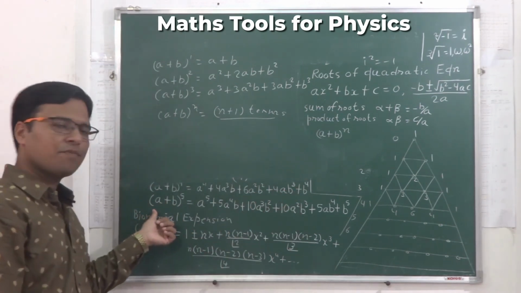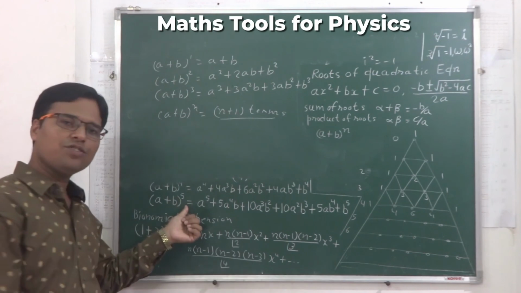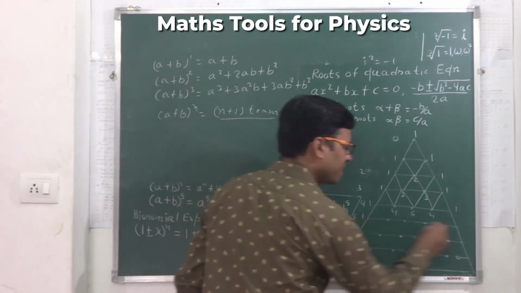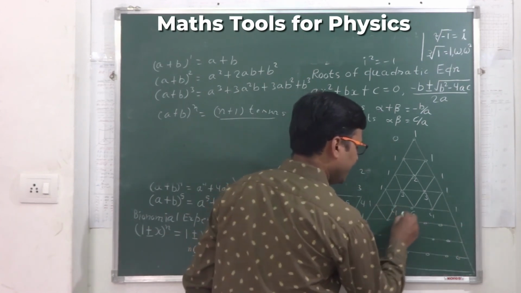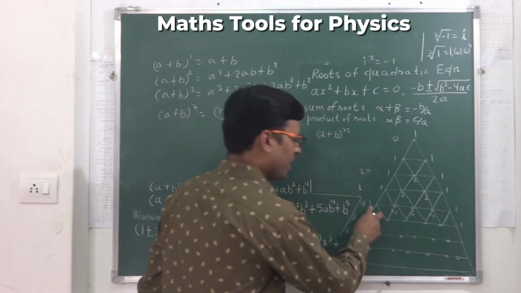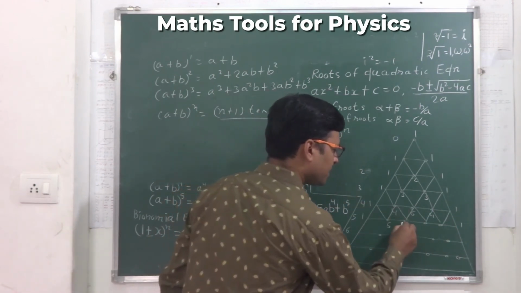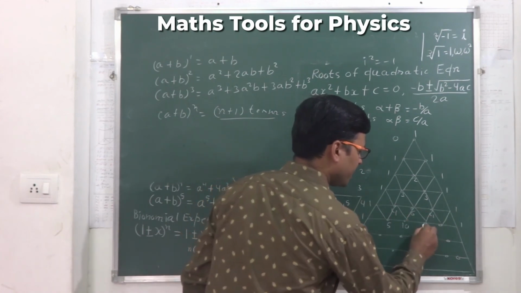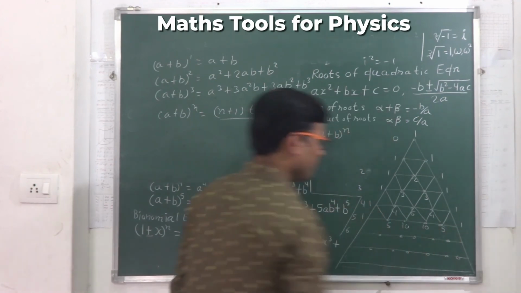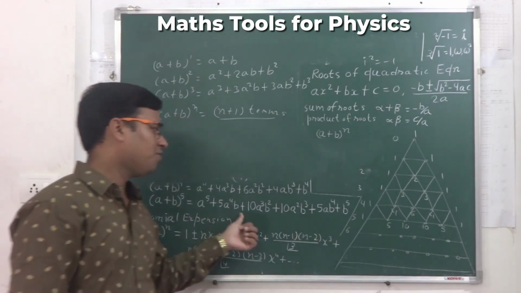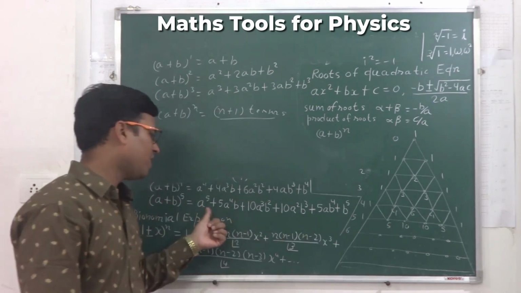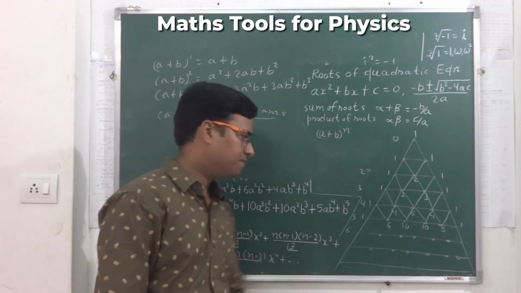In another expansion for higher values of its power, (a+b)^5, I am trying to get the multiplication factors by adding those terms. You can understand it better now. 1 plus 4 is equal to 5, 4 plus 6 is equal to 10, 6 plus 4 is equal to 10, and then 4 plus 1 is equal to 5. So if we check it, you will find it satisfying this equation: 1, 5, 10, 10, 5, 1.